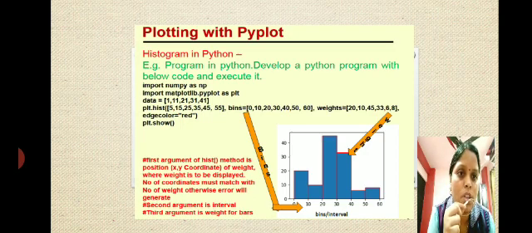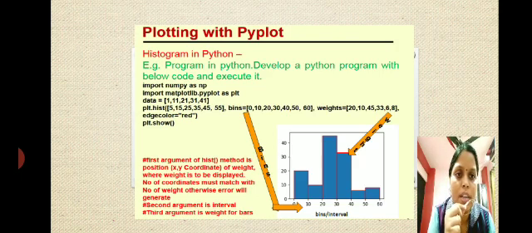So we are starting from 0 till 10, 1 unit, 10 to 20, 1 unit, 20 to 30, 1 unit, 30 to 40, 1 unit, and 50 to 60, 1 unit. These are your bins. Weights are, you can say, 20, 10, 45, 33, 6, 5. These are the weights, you can say the total distance. And then as color, you can see the side lines, we are having red in color.